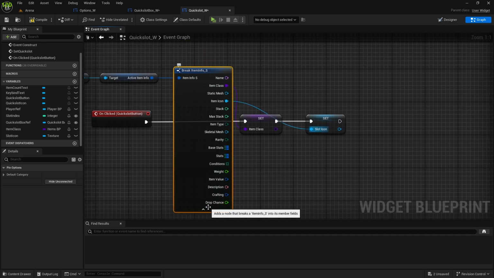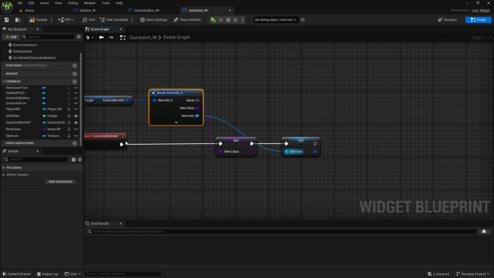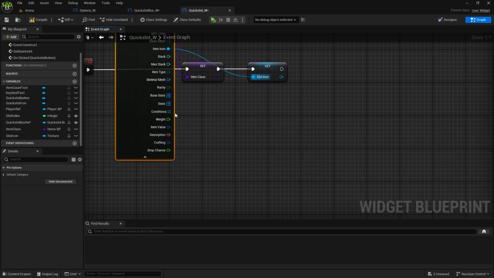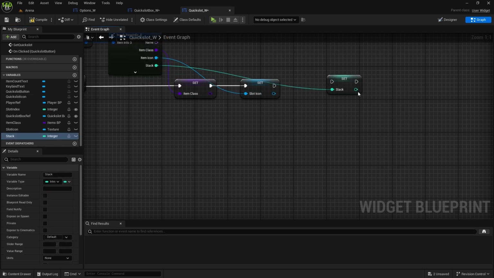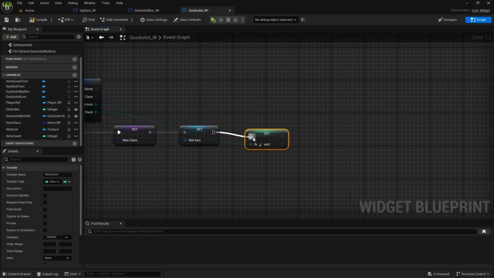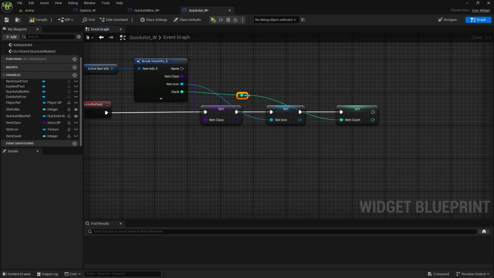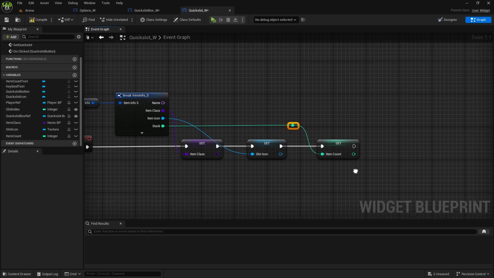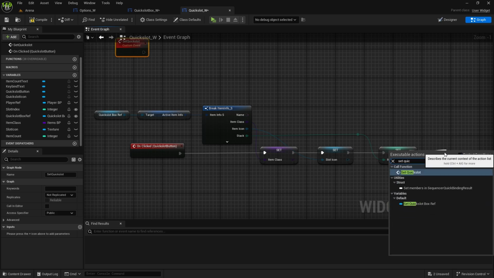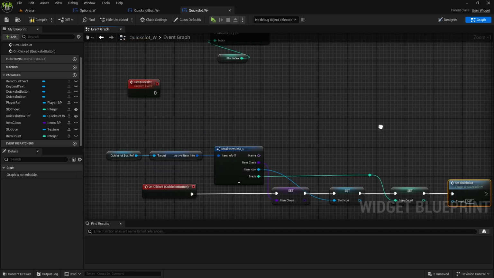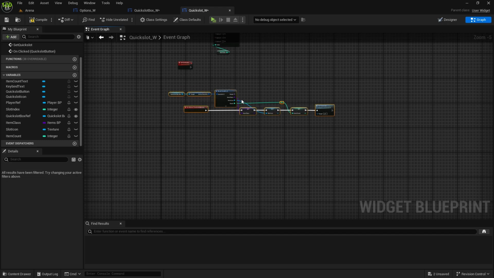and then we also need the item count. So we can just promote one of these stacked variable just so we have it as an integer, but this one will be called item count. We probably won't have ability count, so item count is fine. And now we do have these three variables, so we can call set quick slot, this one here. So set quick slot, and now from that we're going to just move this down,